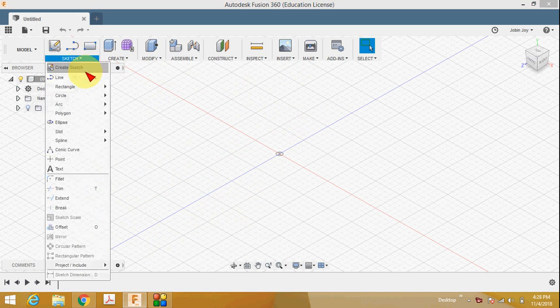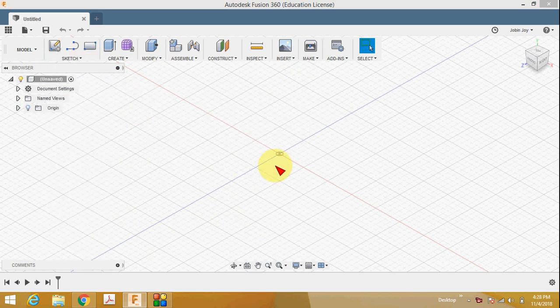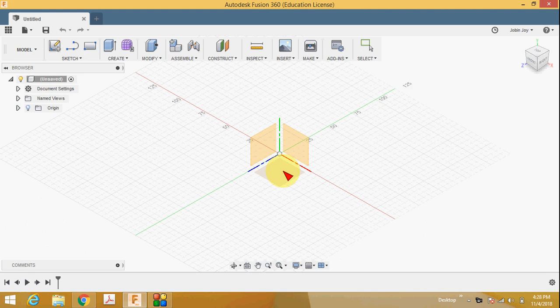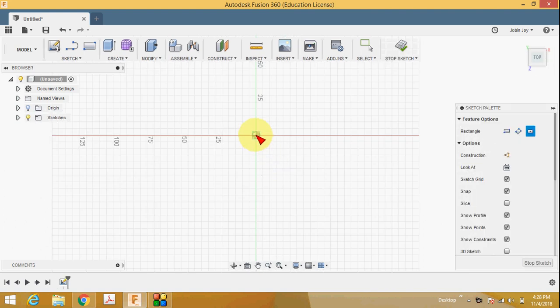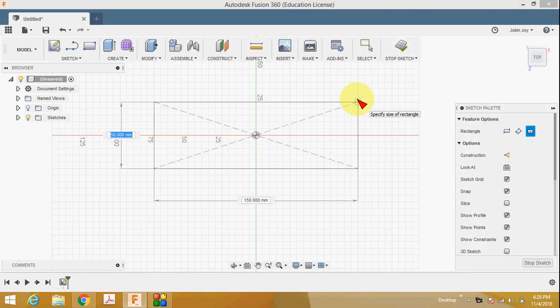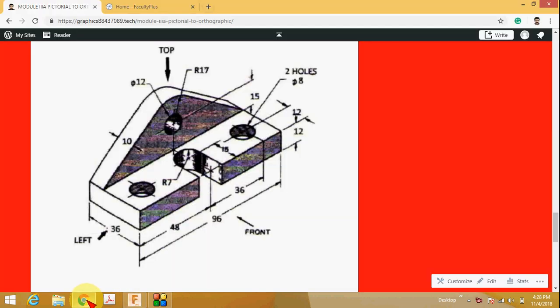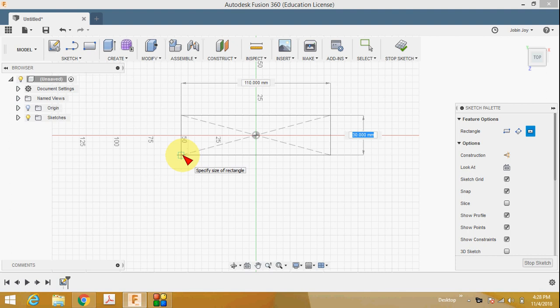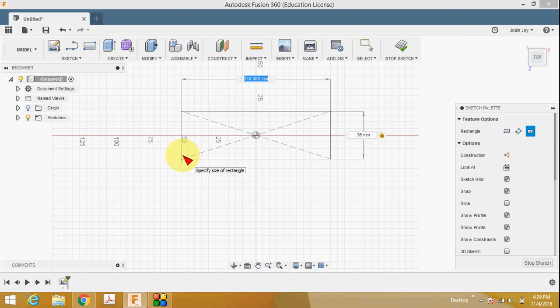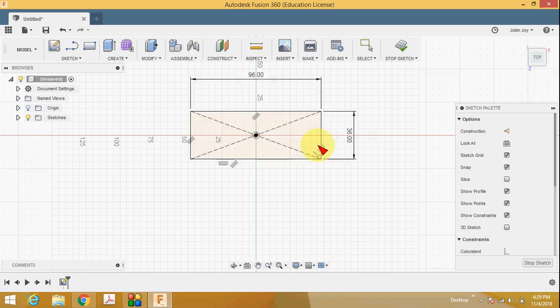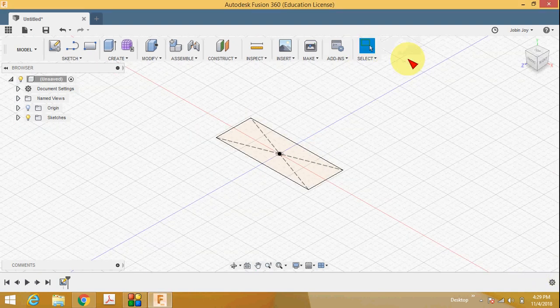So go to Fusion 360, select rectangle, center rectangle, select bottom plane, select the center as origin, and the distance, it is 36 by 96. So 36, then press the tab button, then 96, enter. So this is the base. Then go to stop sketch,